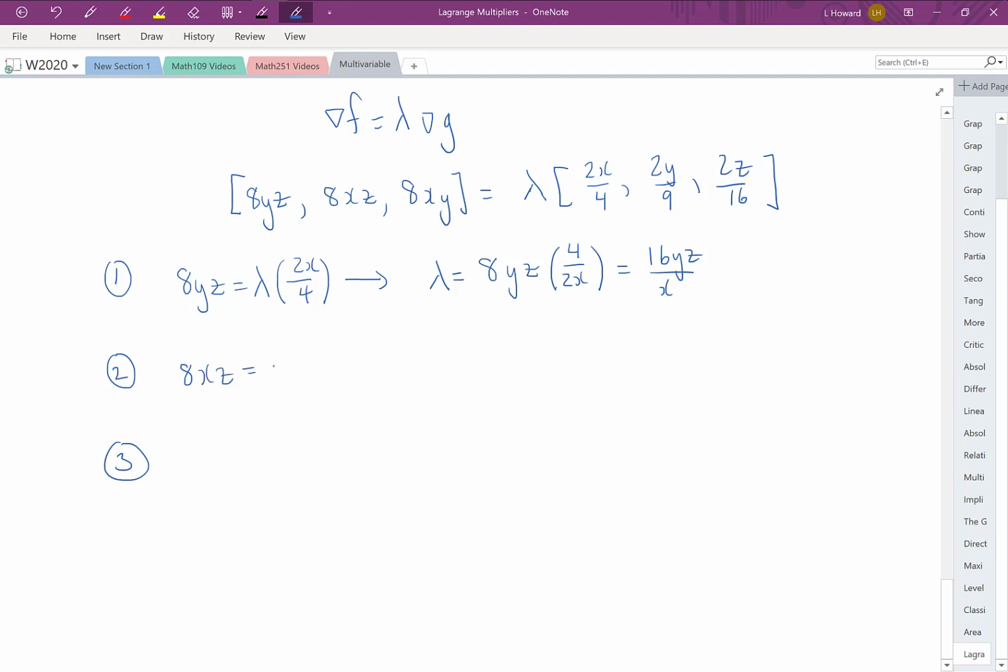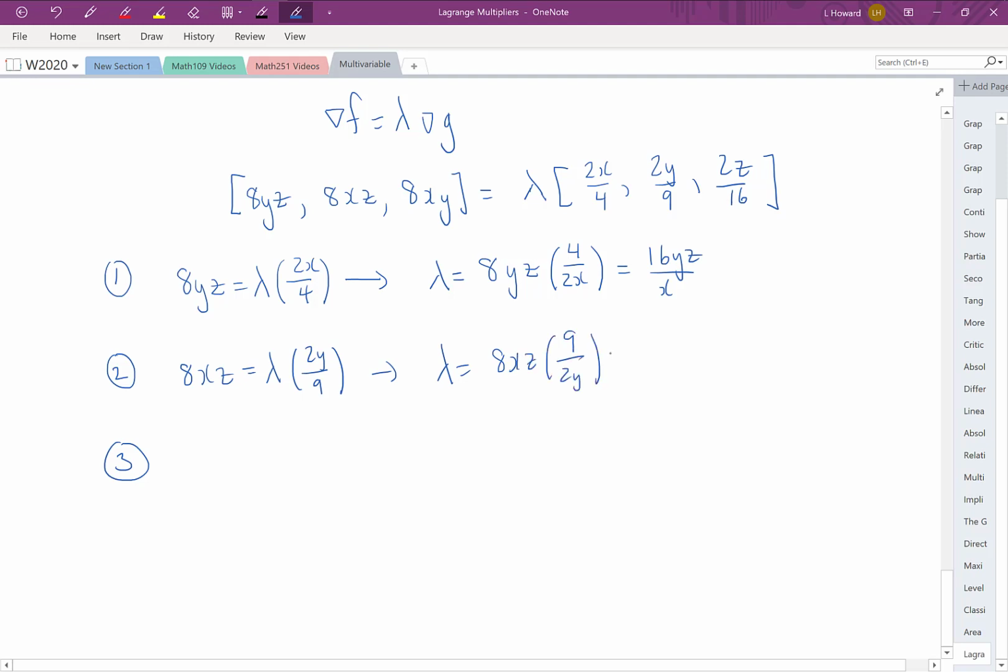Okay, so let's try the second one. 8xz is going to be lambda times 2y over 9, solving for lambda: 8xz times 9 over 2y, so 36xz over y. And then finally 8xy equals lambda times 2z over 16. That implies that lambda is going to be 8xy times 16 over 2z, which is equal to